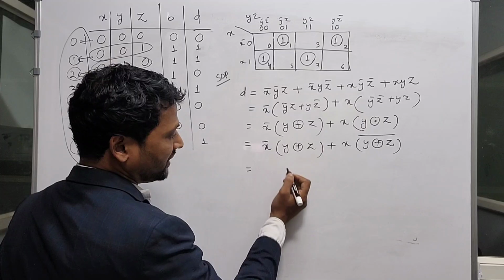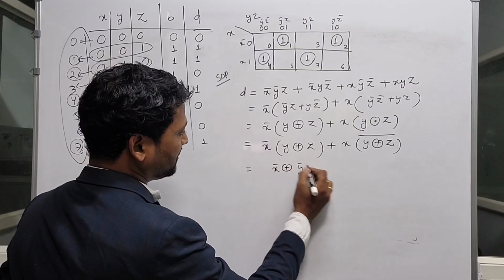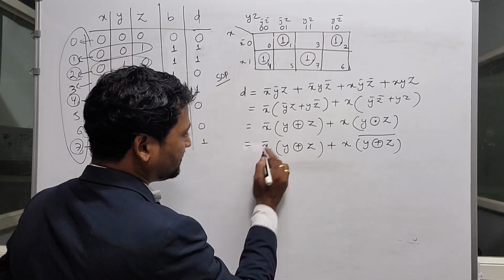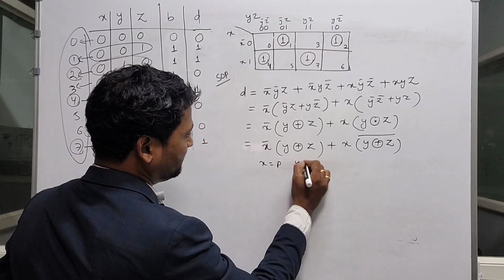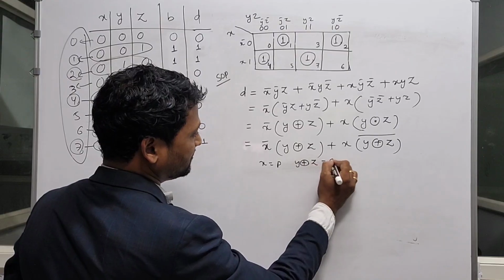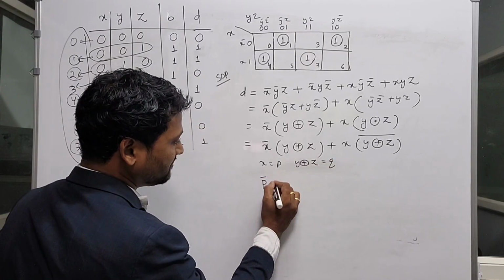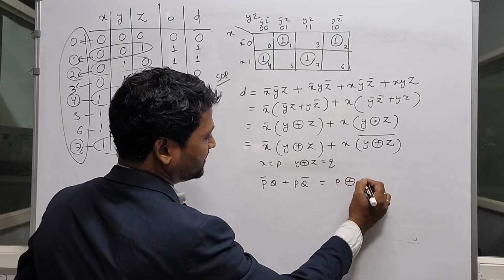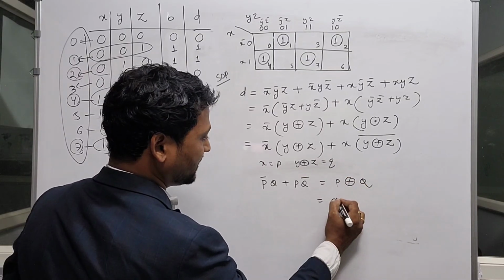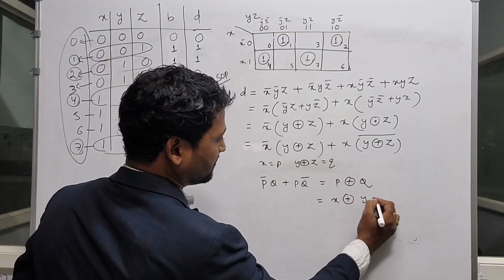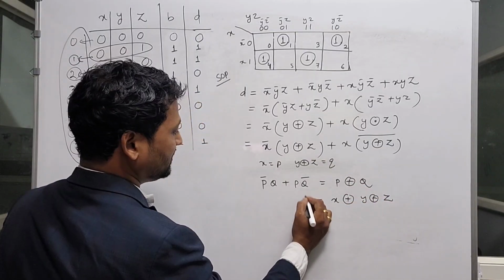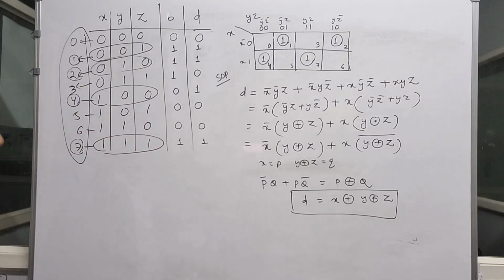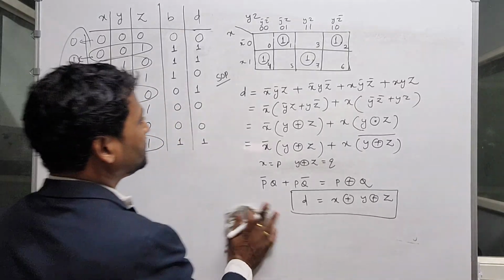So this you can write down as x bar XOR with y bar XOR with z bar. Yes or no? देखो, it's very simple. You take x as p and y XOR z as q. मतलब your equation will be p bar q plus pq bar. So that means it will be p XOR with q. So p is what? X, XOR with what is q? Y XOR with z. मतलब your final equation difference is coming x XOR y XOR z. It is clear? Then